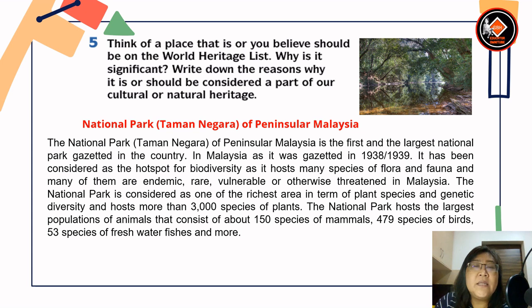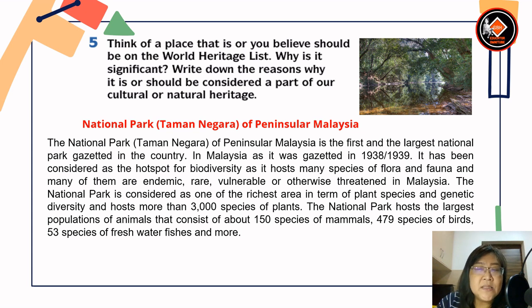Now let's look at exercise 5. Think of a place that is, or you believe should be, on the World Heritage List. Why is it significant? Write down the reasons why it is and should be considered as a part of our cultural or natural heritage. So here maybe you can answer National Park Taman Negara of Peninsular Malaysia. The National Park or Taman Negara is the first and the largest national park gazetted in Malaysia. As it was gazetted in 1938 or 1939, it has been considered as the hotspot for biodiversity, as